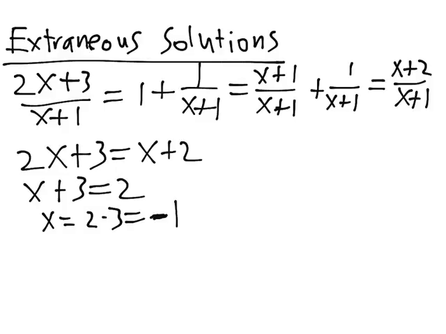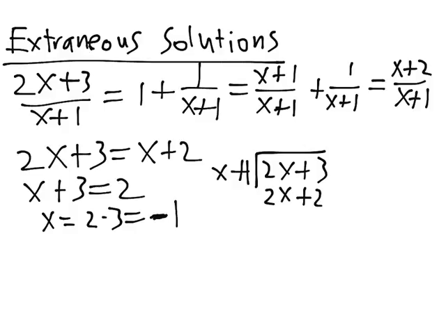Now to better help you understand what's going on here, I'm going to divide 2x plus 3 by x plus 1 using long division. So we write it out like this, and x plus 1 fits into 2x plus 3 twice, so we get 2x plus 2, since 2 times x plus 1 is 2x plus 2, giving us a 2, and subtracting here we get 0x plus 1, so there's